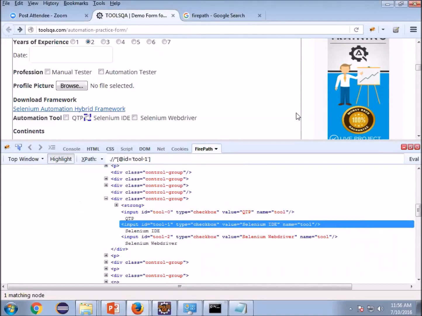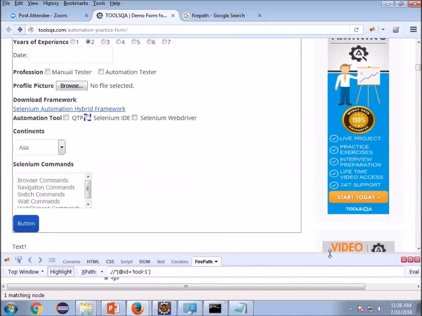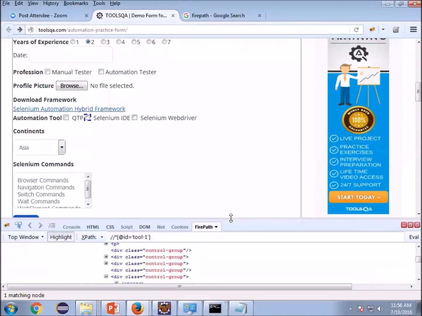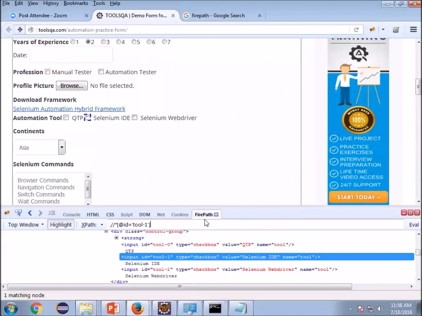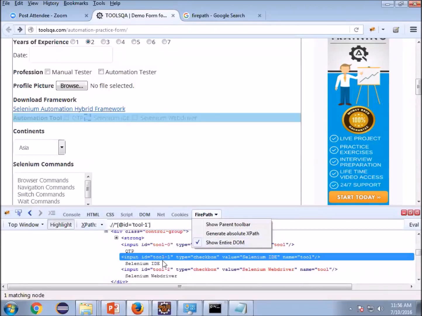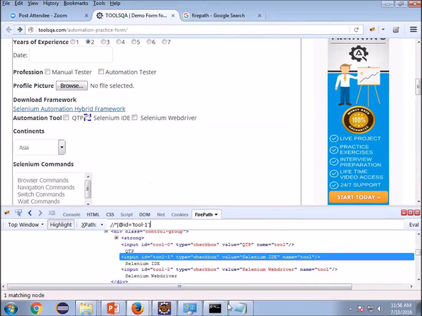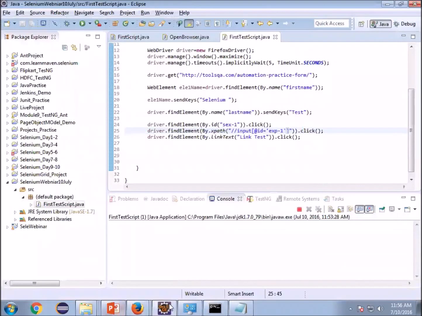Okay, there is a question, what is DOM? So DOM is an HTML terminology, document object model. Each page is one document. Inside that you have different tags. This is HTML, you don't have to worry about this. We don't have to worry about what exactly DOM is. It is a document object. The complete page is one document in terms of HTML. That's it. Okay, so moving on, my script is ready.